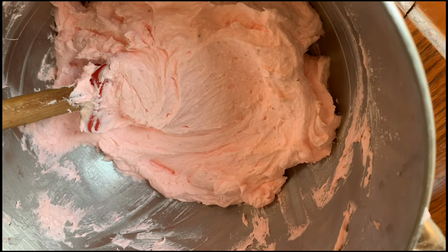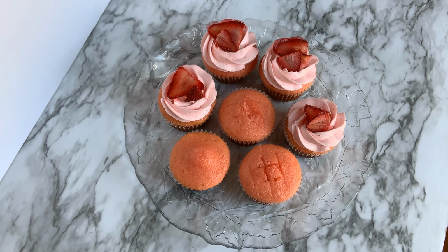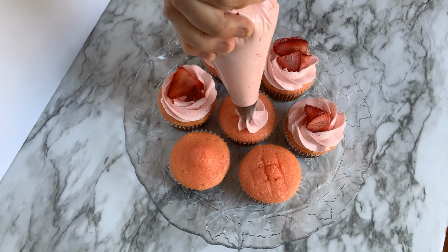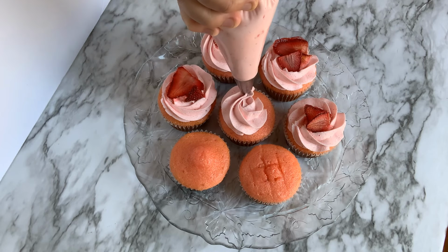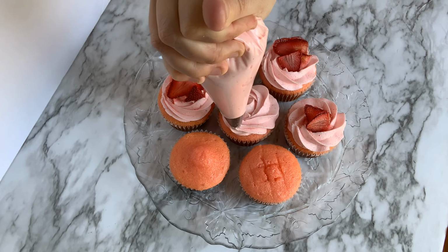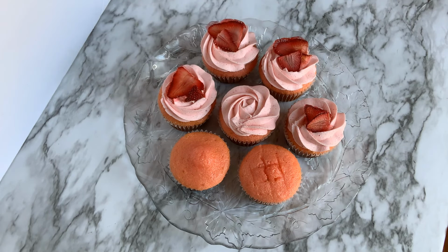So we're just going to get out our piping bag. I used a 1M tip for this. I'm going to start in the middle and then circle around that. Apply pressure as I go, and then keep going when I release the pressure, and there's a nice little rosette